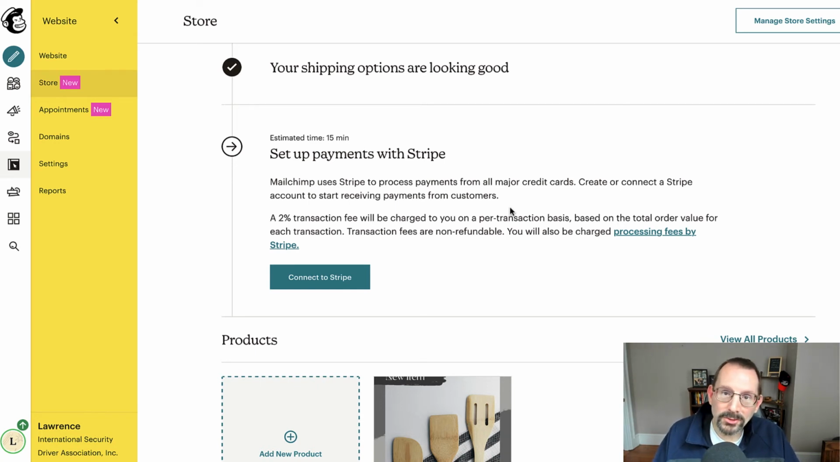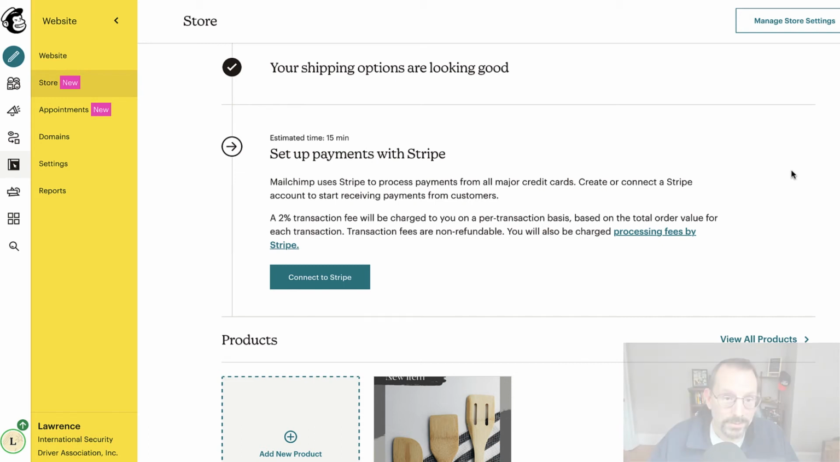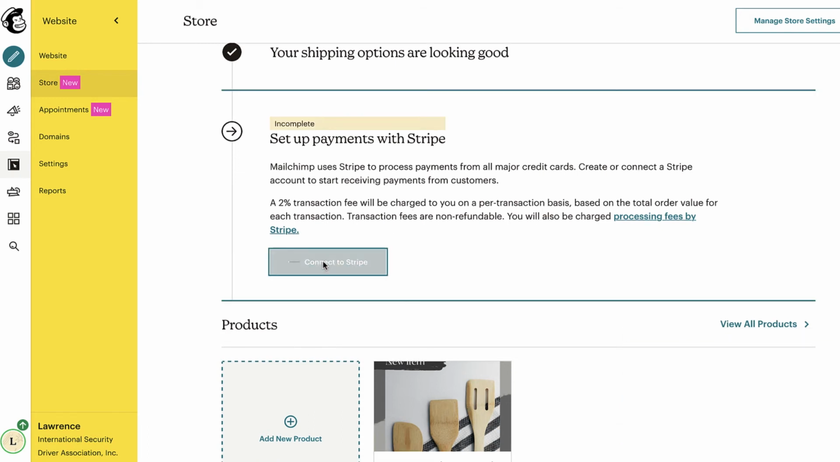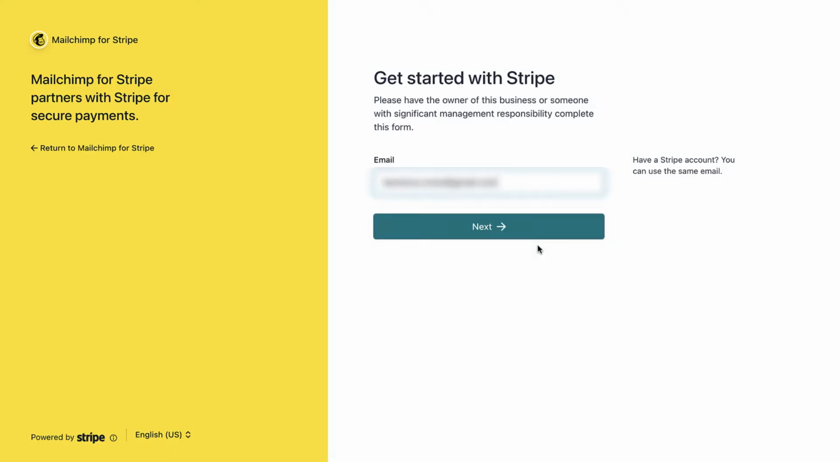The two things that you have to know about the payment gateway and the payment processing is that Stripe takes 2.9% of your total. That's their cut. Mailchimp takes a cut as well. They take 2% of your order total. So it's about 5% cut off your order total right off the top. So let's click on Connect to Stripe, and Mailchimp will walk you through these steps in order to get Stripe